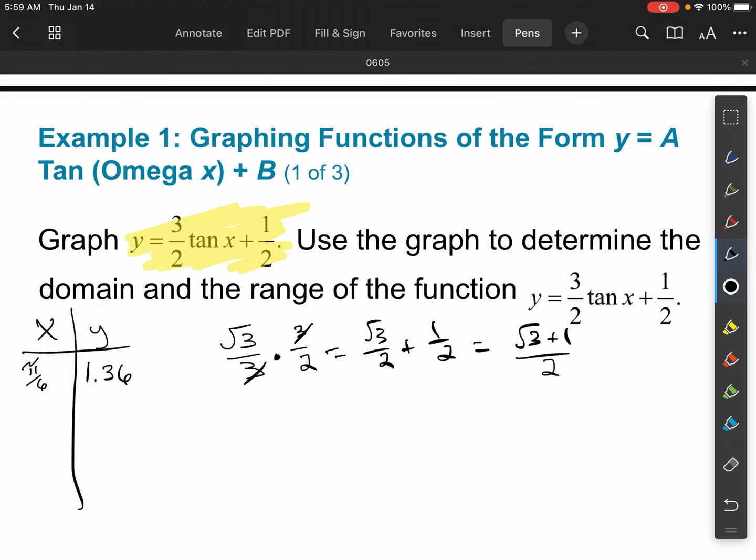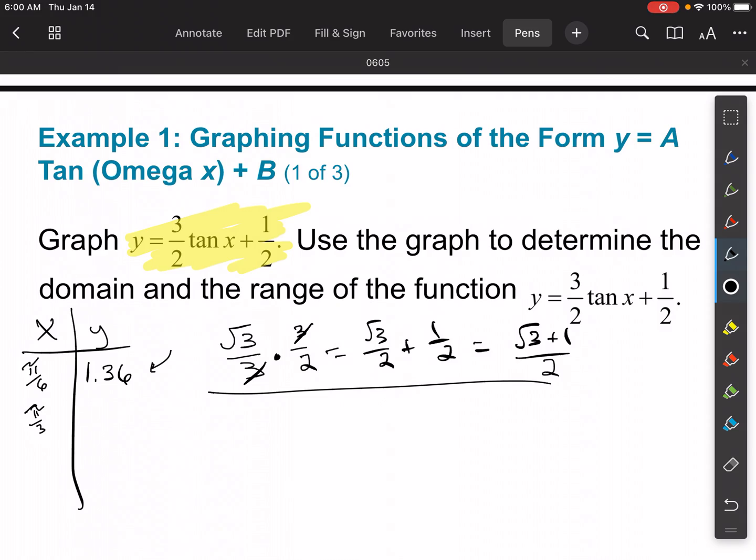Okay, so that's pi over 6. Then, so we can keep going. These numbers here, it's okay to use them, they're just not going to be nice numbers, right? That's the key with this. So we have pi over 6, if we do pi over 3,